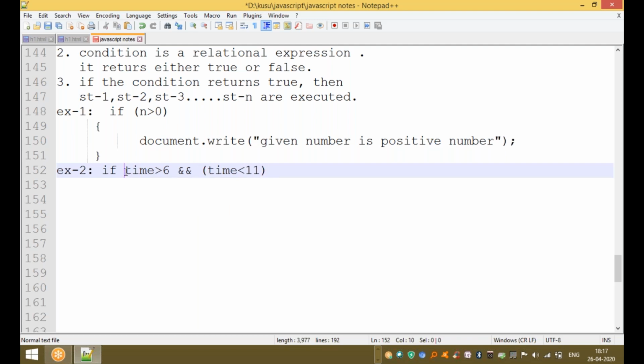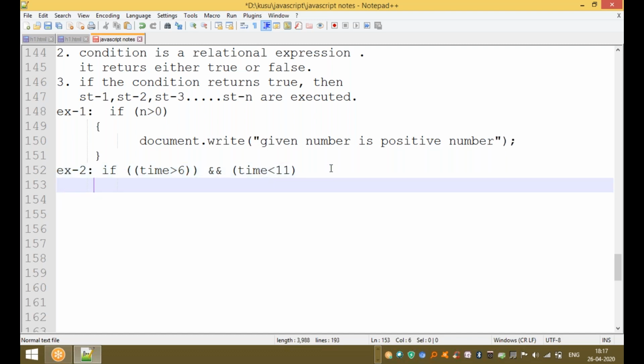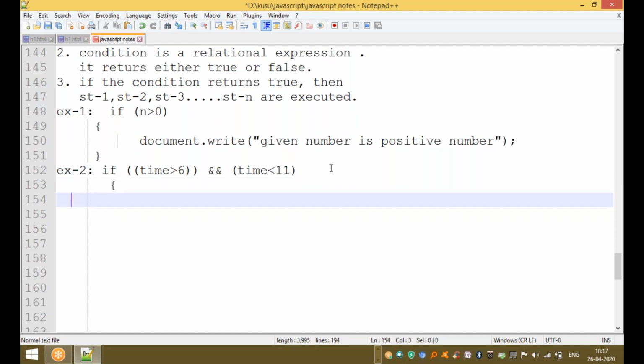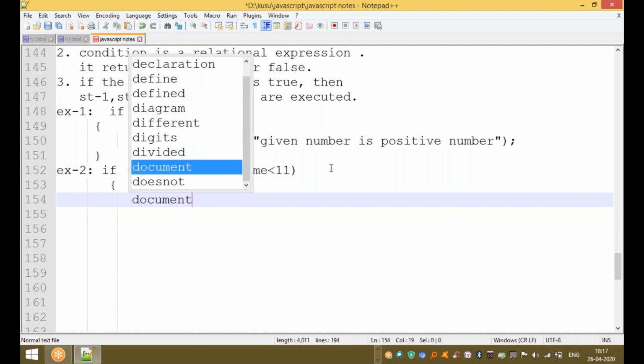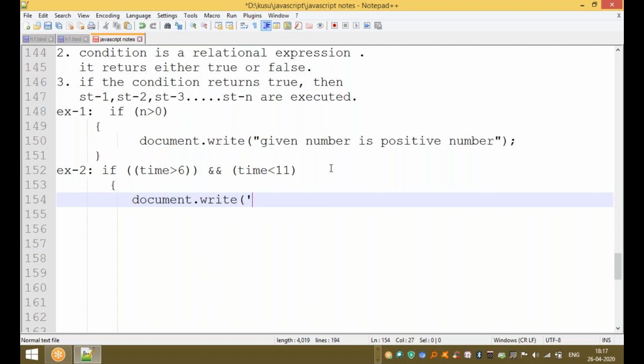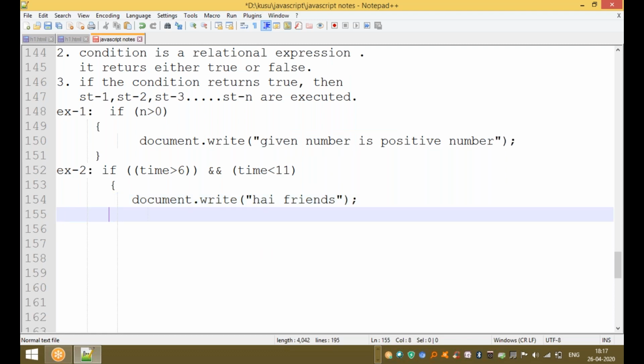If the time is greater than 6 and less than 11, print some value: document.write, "Hi friends, good morning". Hi friends. Document.write.